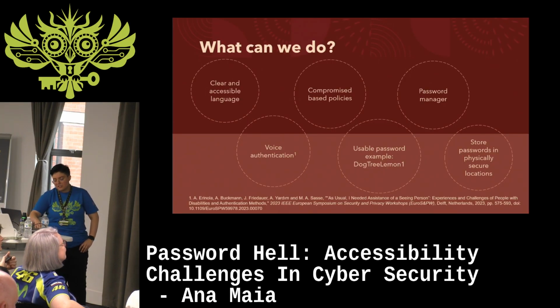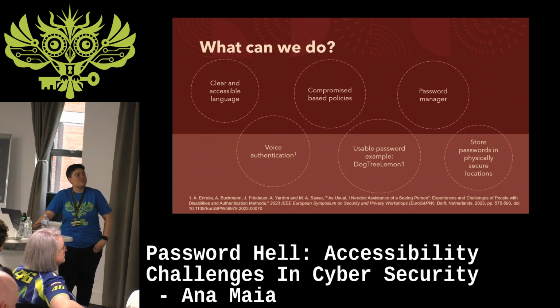So what can we actually do about it? Because whenever I talk about this, I like to provide solutions and not just, everything's bad. So one of the easiest things that we can do is clear and accessible language. If you are writing your policies in a way that a 10-year-old can understand it, you're doing great. You need to simplify it down so that everyone can understand it. And that's the best way that we're going to get people more secure, because if they actually understand the knowledge that they're given, they're actually going to use it.